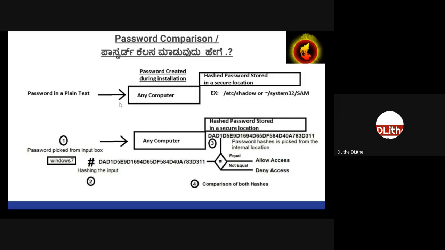So in order to prevent that, your passwords are never stored in plain text. Instead, your passwords are stored in a hashed way, which means whatever password you type would not be in plain text. It would be hashed and then kept. Now, why are they hashed? Because hashes do not have a reverse process.